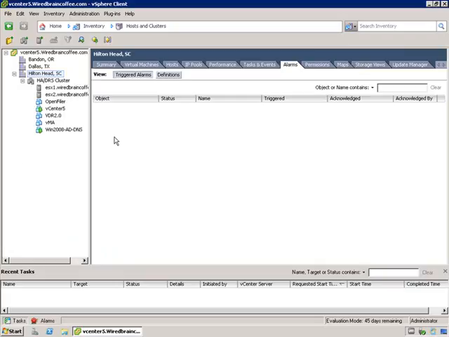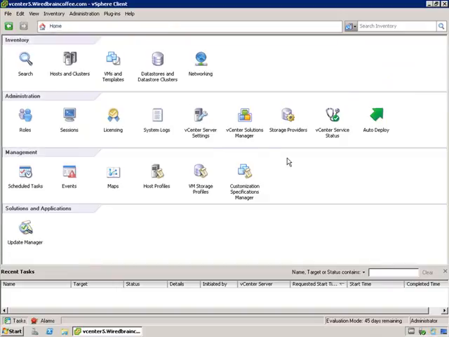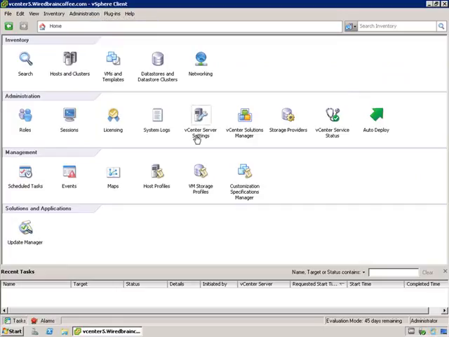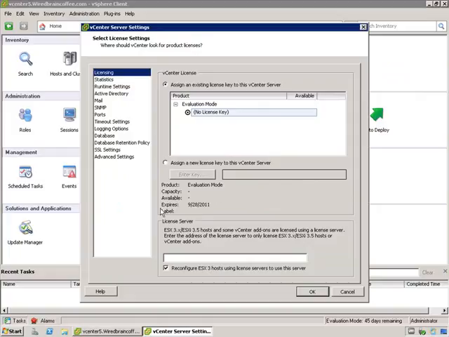All right, now let's take a look, and I've shown you this before in an earlier lesson, but let's take a look at where you can go to configure SNMP and SMTP for that matter. So you can come down here to Home, and you can most certainly go into the vCenter server settings, or you can get to it from the administration file menu here. I like to get to it from the shortcut, but if you click on it,